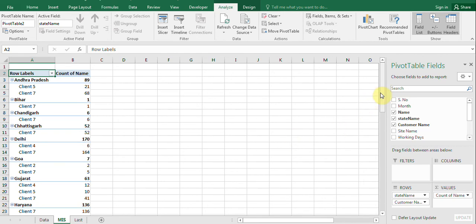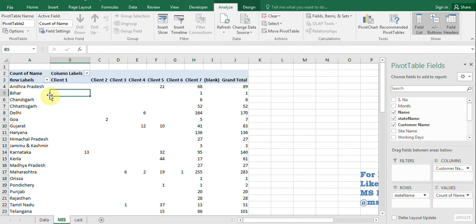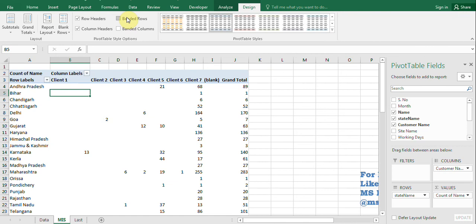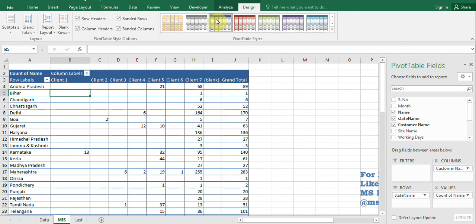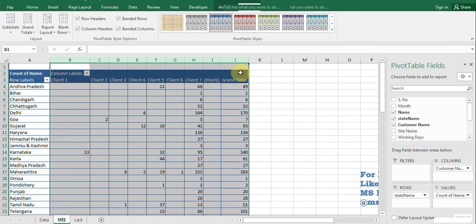But you can see the data is too long to view, so we have to make it a little easier to understand. So we will just change the orientation. State name we can keep here, we will take the customer name here. Let's first do some design part. Banded rows, banded columns, then let me select a prefixed table format, and you can select from here.